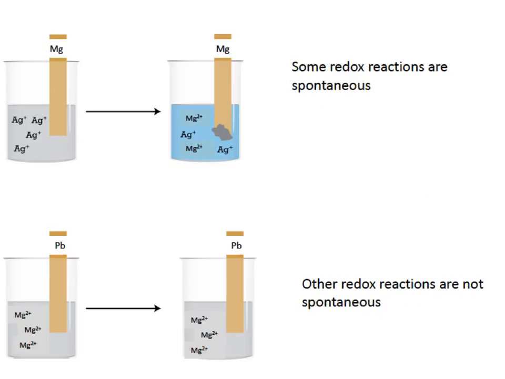All right, so what we're going to be looking at is why some redox reactions are spontaneous and why some are not. Now, what do we mean by spontaneous? It means that there's no external force applied. In this case, we have a strip of magnesium put into a beaker of Ag+ ions. So how do we get those Ag+ ions? It could be something like AgNO3 aqueous, so that when we put it into solution, we'll get Ag+ ions,